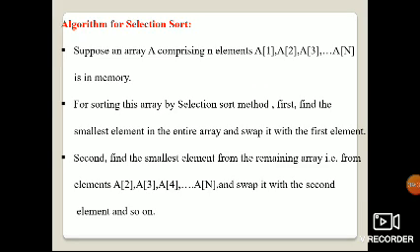This selection will be based on the smallest number in the list, and like that you have to do the passes. How many passes will we complete? If you take n elements, how many passes do you have to do? N minus 1 passes have to be done. That's why it is only useful for a small list, not for a huge list. The efficiency will be very poor compared with bubble sort and other sorts. So that is the main drawback.